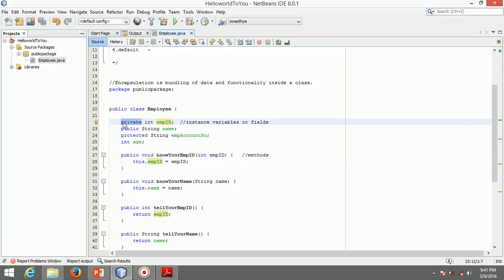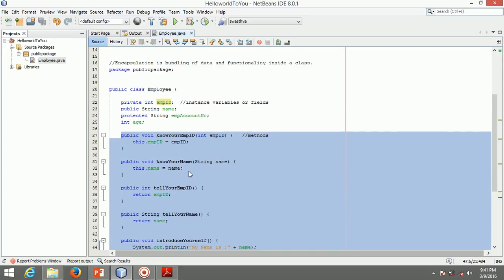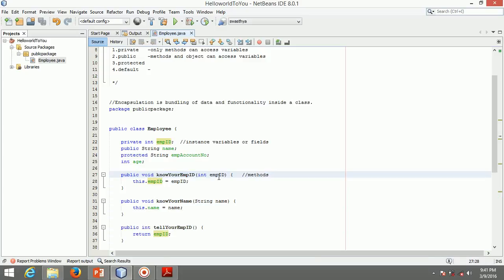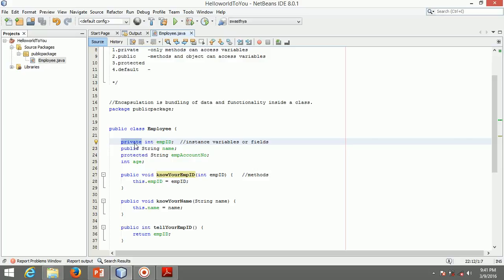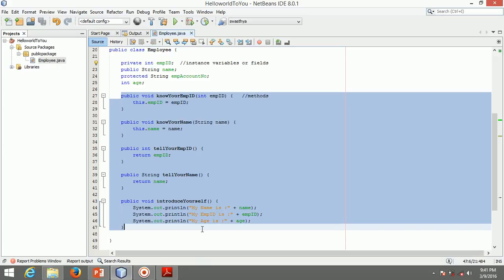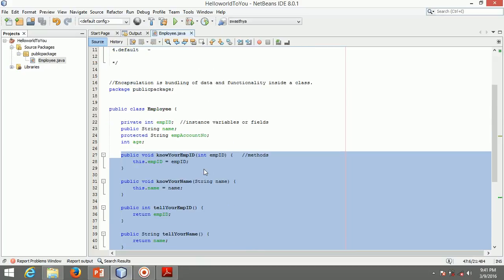The methods can access all types of variables, but the special type, that is the private type variable, can only be accessed by the methods.